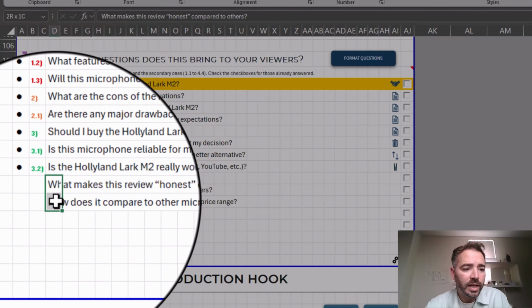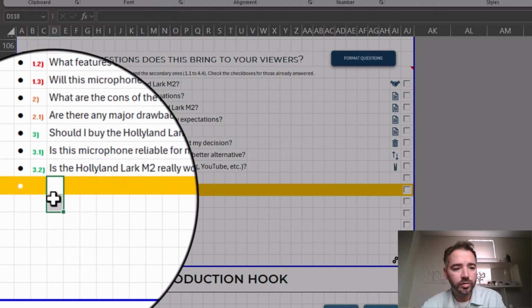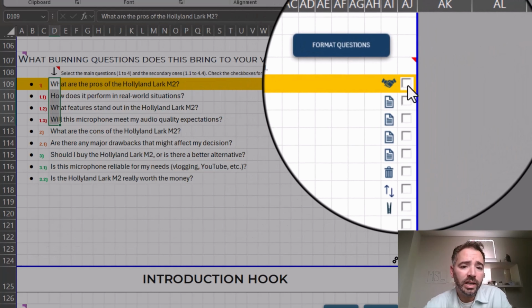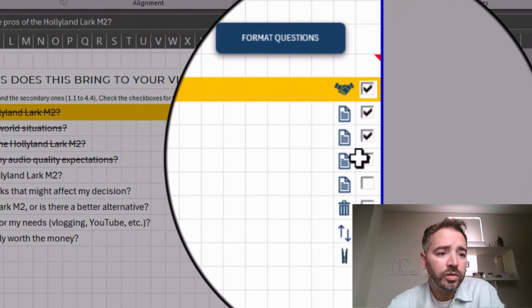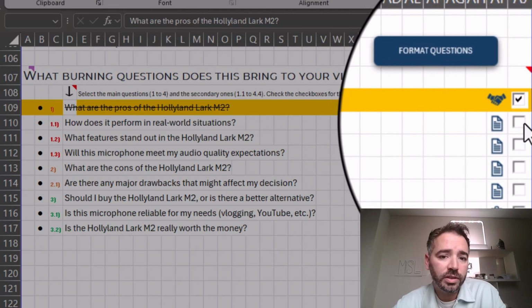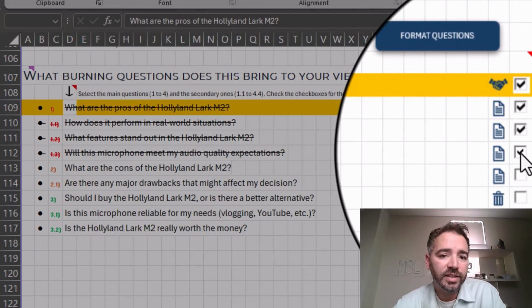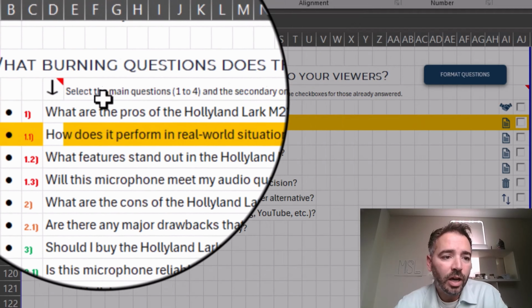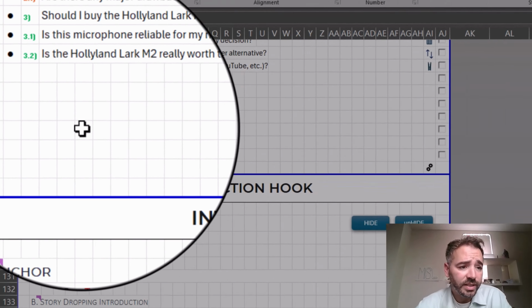And these two that I'm not going to use, I'm just going to delete them. If I want to, I can go and check them out as I'm answering them, just to know what I have already answered and if I didn't forget to answer any questions. But now that I have all my questions, let's continue.